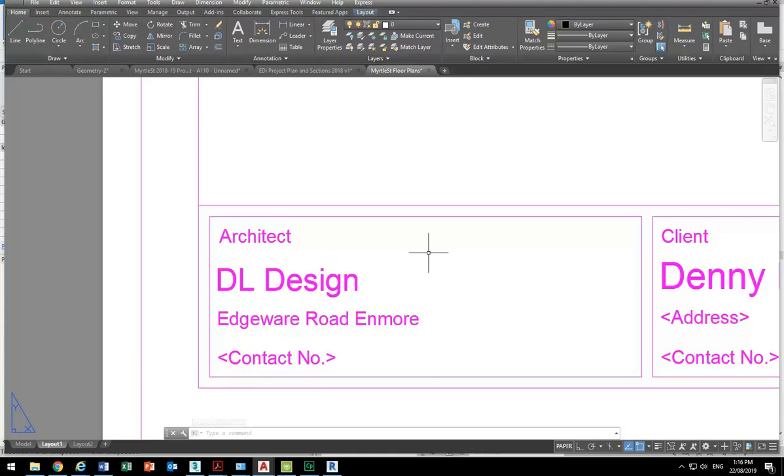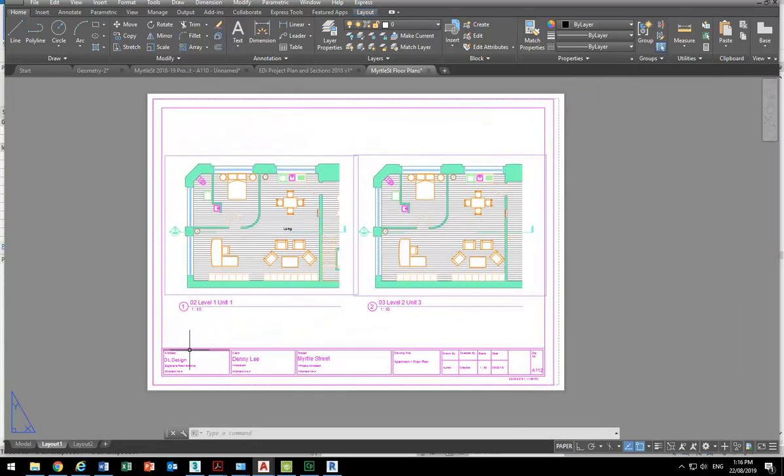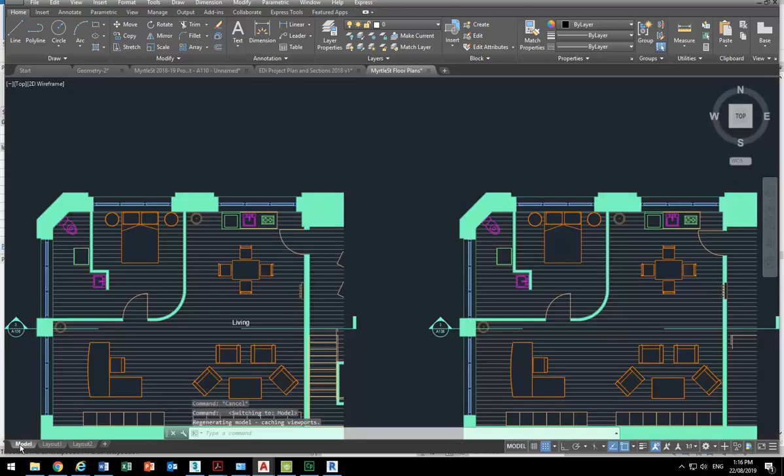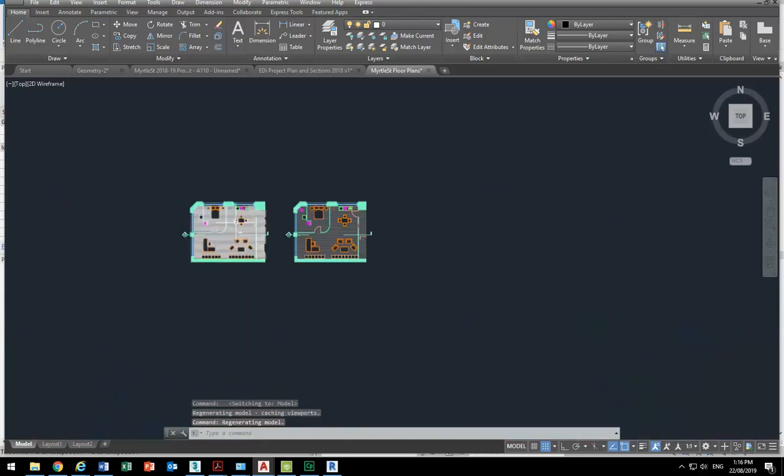That's okay. So just press escape to deselect it, and then if you want to change one, just double click on the one you want to edit, then it should take you into text edit. Yeah, there you go. Okay, so that's to change your title block, and that's important because you've got to have title blocks on your drawings. And then if you go back to the Model tab, you'll have all the